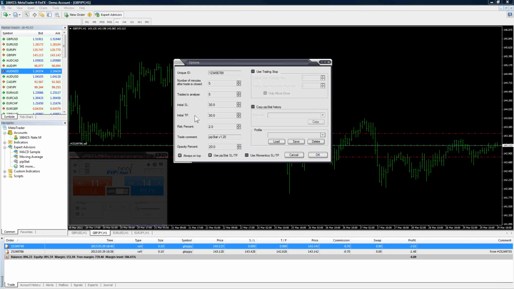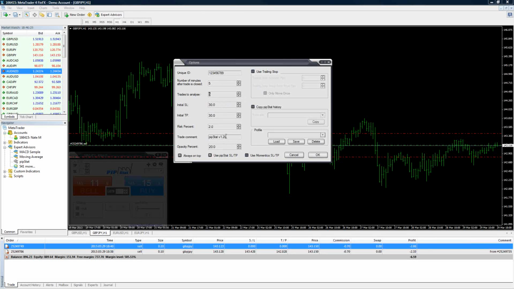So you can see up the top here, it gives you the opportunity to start what they call a unique ID. This tool will actually coincide and synchronize with a new product that we've come up with called Momentix. Anyways, there's a lot of different things that you can do. You can customize and change everything from your stop loss here. You can do it there, but you can do it in this more specifically.